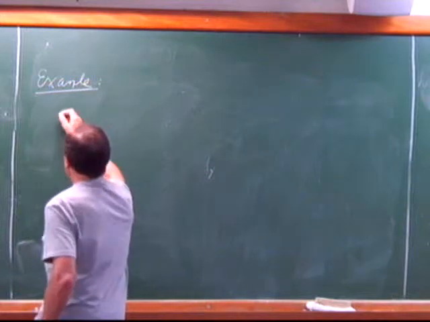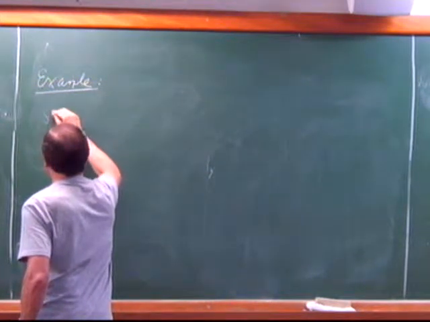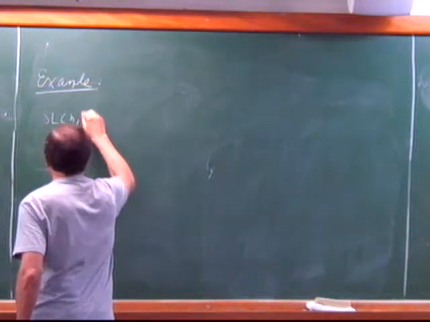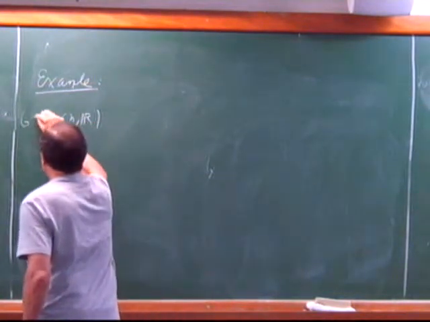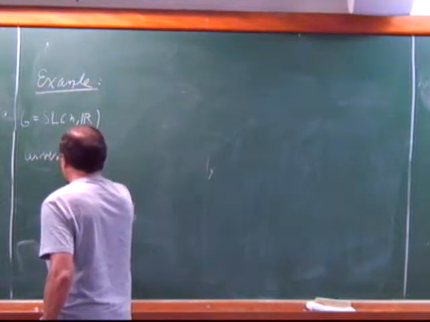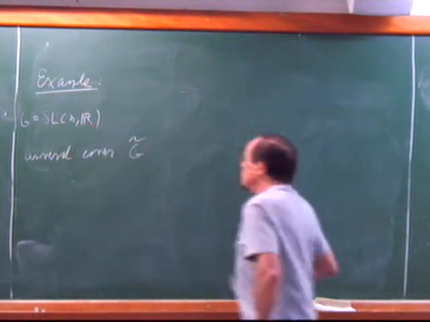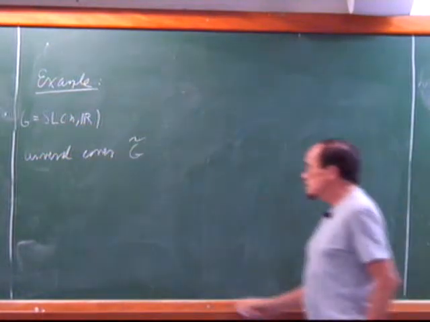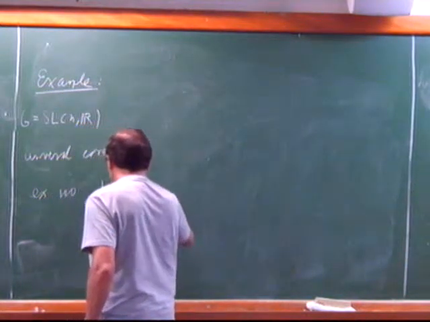So I claim as an application, I can prove the following. If I look at SL(n,R), so that's my Lie group, say, and I look at the universal cover, G tilde, then I claim there exists no one-to-one homomorphism,